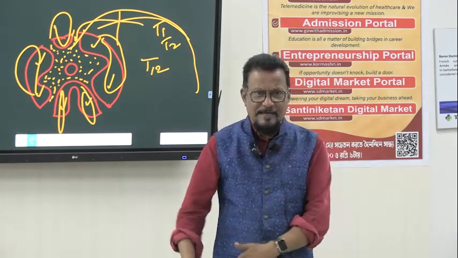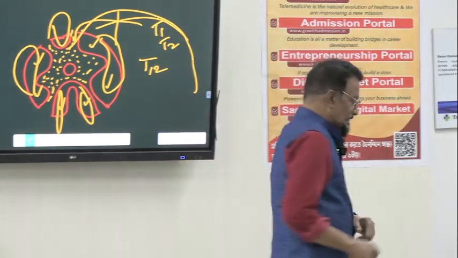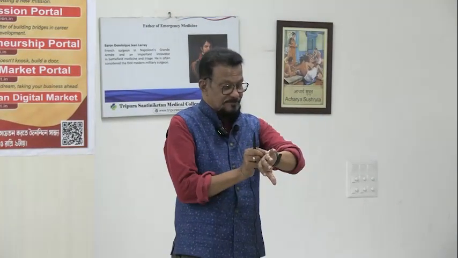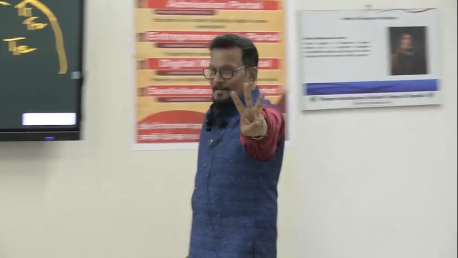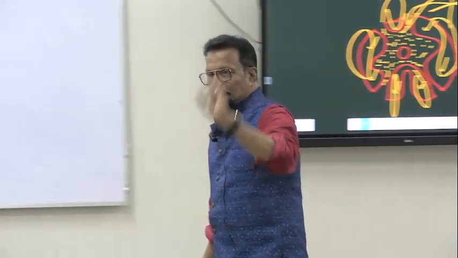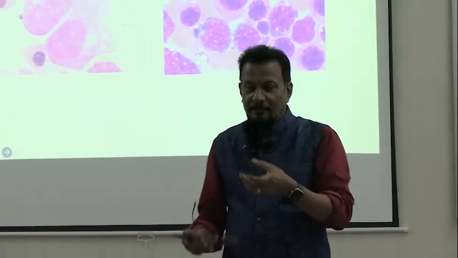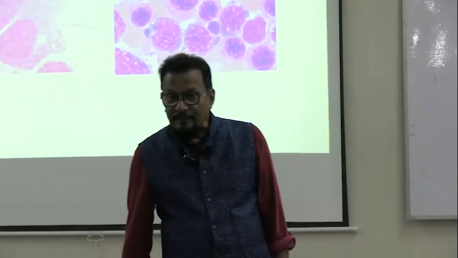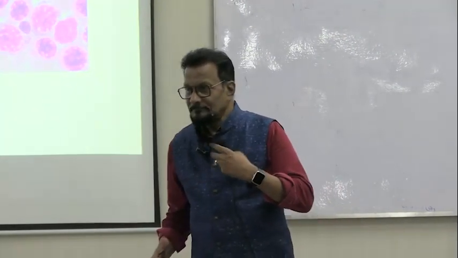Same phenomenon. If you find a diabetic patient, remember this: diabetes has three target organs. When there is diabetes, it will affect three organs. One target organ is the eye. Another target organ is the heart.